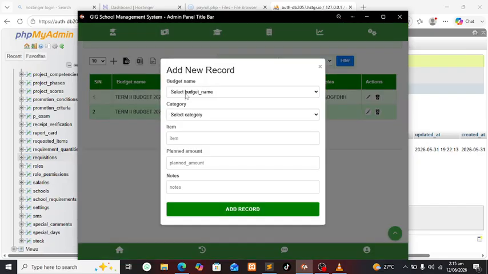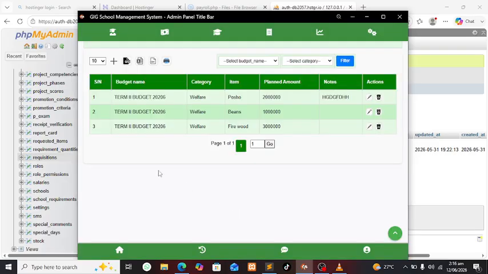We also plan to purchase firewood, and we plan to spend 3 million on it, and you can add. So once you create this budget and you attach items to the budget, as you keep